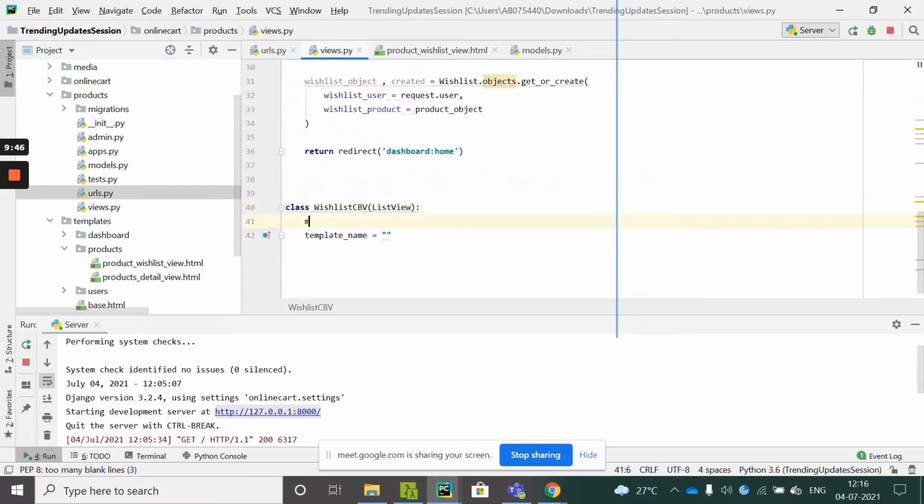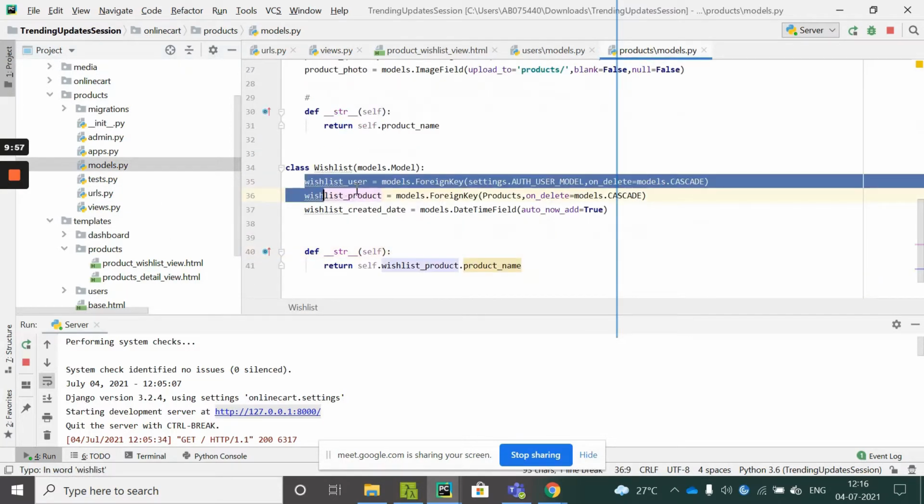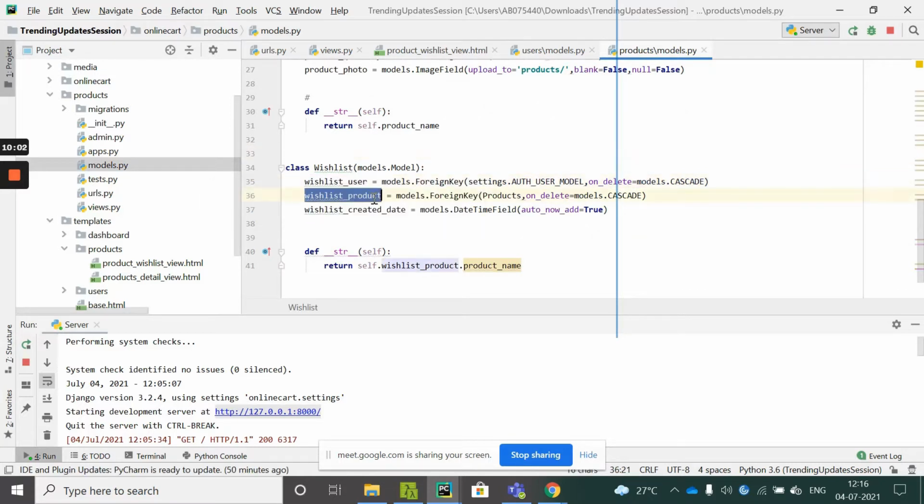You have a model called wish list. Inside the model wish list, you see here there is which user has created this wish list, what product is added to the wish list, and the created time. So all these things you can use.